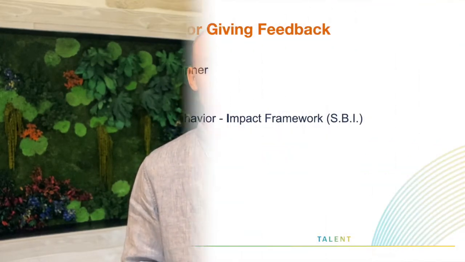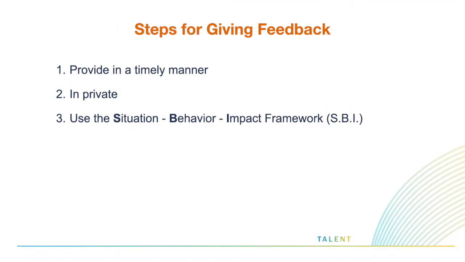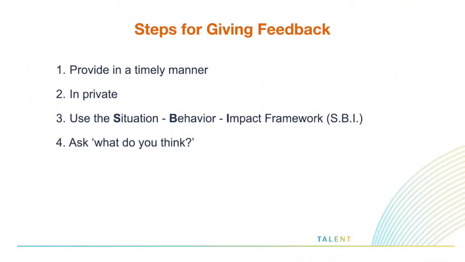So as you can see, this feedback is much more specific and is less personal. Telling Jane that she interrupts others identifies her actions that can be observed by anyone. Now, after you've given a person feedback, there are two things you should do next. The first is to simply ask them, what do you think? This is a critical step when giving feedback. For a person to value and trust your opinion, they need to have an opportunity to speak for themselves and be heard. The final step is to give a recommendation.